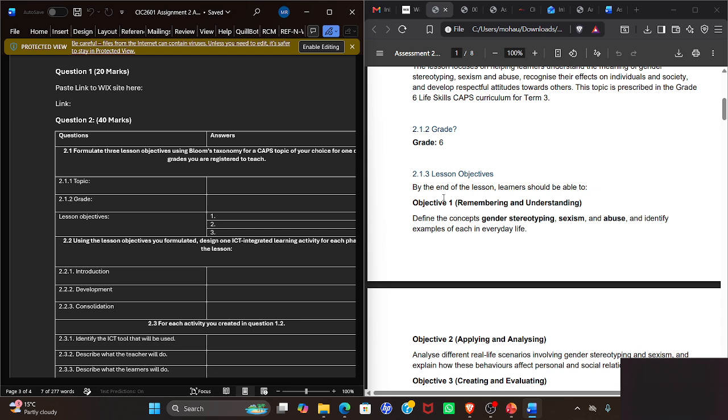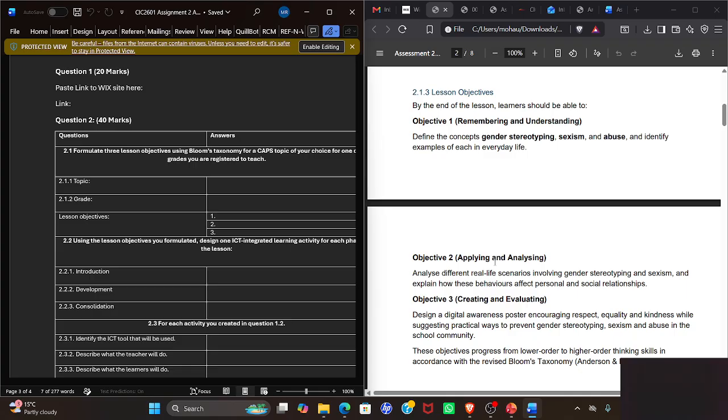Before we can go deep into that, when you start a lesson, you should start with getting to know your students and understanding what type of people they are. We should start with their prior knowledge. In this instance, we can let them engage in the topic and be familiar with what they'll be learning. We're going to find out if they know what gender stereotyping, sexism, or abuse is. If they do know, then we're going to proceed from there. And then we'll go to objective number 2,